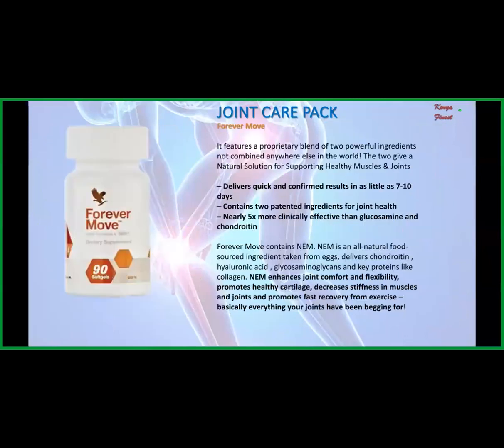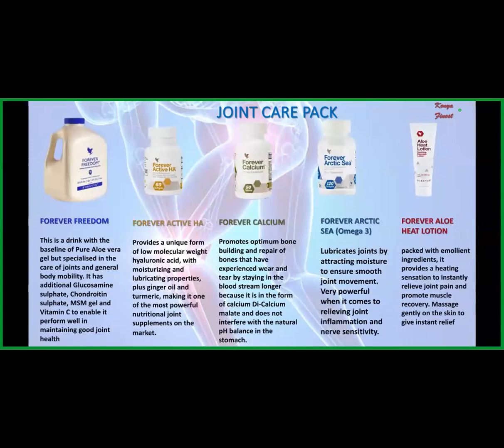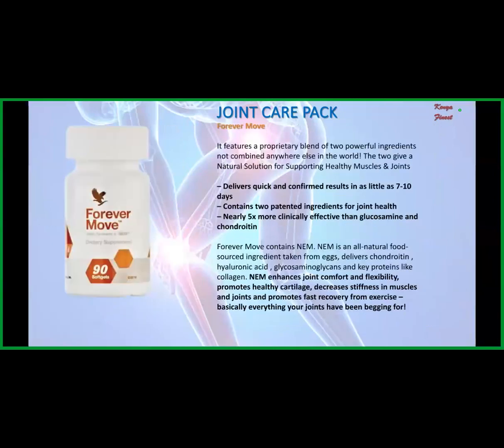But now when it comes to Forever Move, we see that it is nearly 5 times more effective than glucosamine sulfate and chondroitin sulfate. All right. So it means if you can combine them, if you can recommend Forever Move and these products from the joint care pack, you'll get amazing results. All right. So Forever Move contains